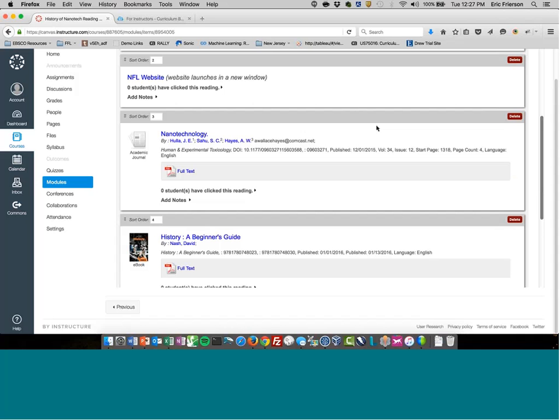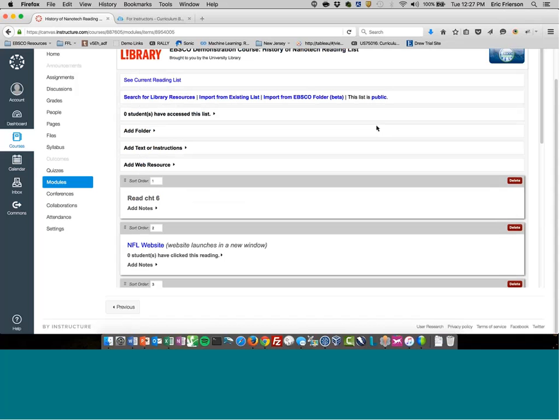Just go in there, import from an existing list. It's labeled with your name and class number. Copy that in, and then you're done. In a future release, we actually want to eliminate some of those clicks to where librarians can go in and create lists and assign them to faculty so faculty members have them without having to do any kind of copying or anything like that. So that scenario, it is possible to do that today, albeit with maybe 2 more clicks